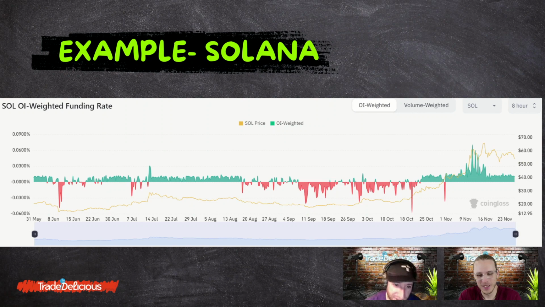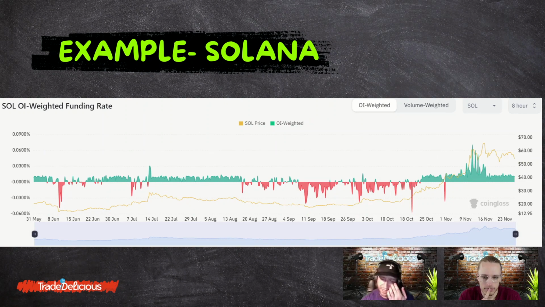But anyway, you guys can see there's a dip in negative funding rates in early June. But look what happens to the price of Solana: from there it goes up quite significantly. Then right here we have a big spike in funding, and look at the price. It starts to go up, and then just look at this whole period, it was extremely negative.